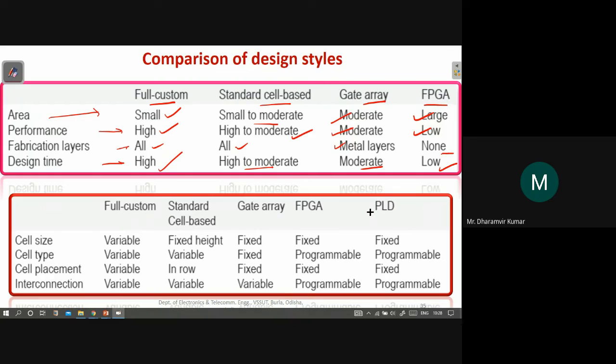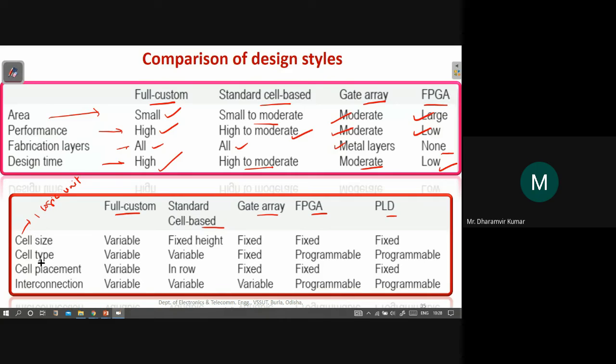Then, if we talk about the different properties in terms of cell, what is a cell? A cell is a small logic unit. You can also call a small gate a cell. One logic unit or one small gate is one cell.